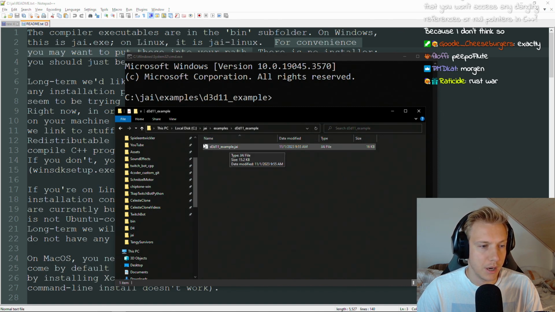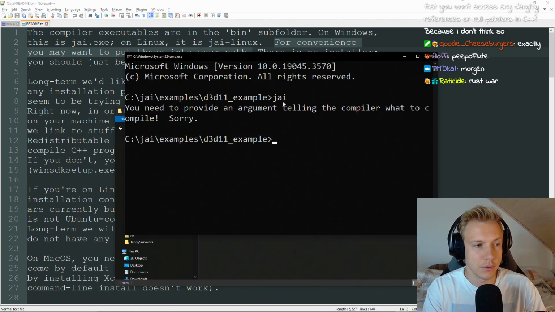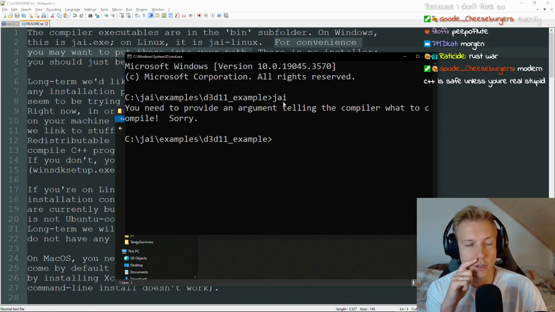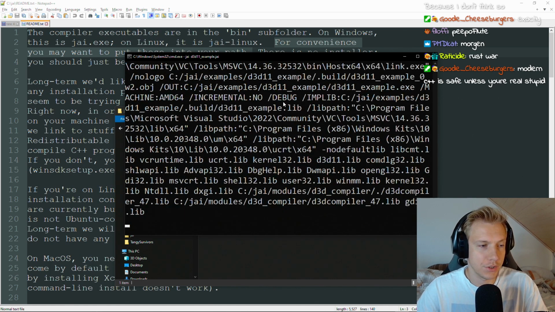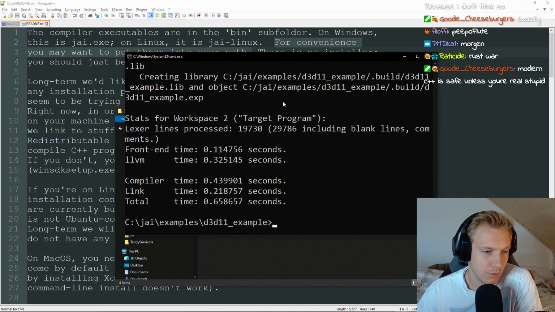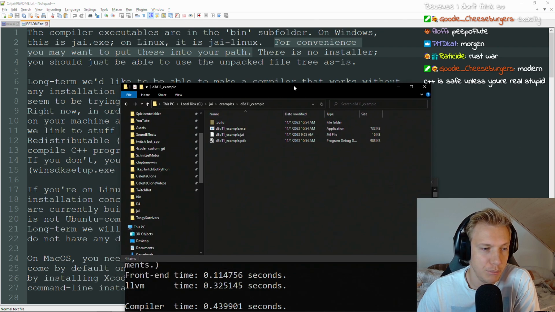So that would be Direct3D11 example J. If it all works. Let's try first J. You need to provide an argument telling the compiler what to compile. Sorry. Yeah, okay. So J. And then this. Let's see how long that takes. Oh wow, that was quite fast. And then we should now have an executable here. Look at this, guys. We have a PDB file